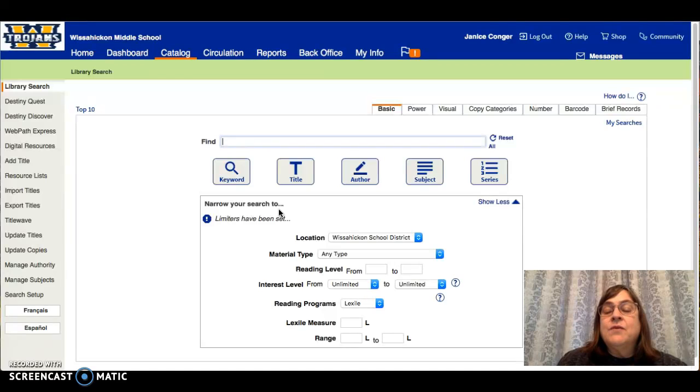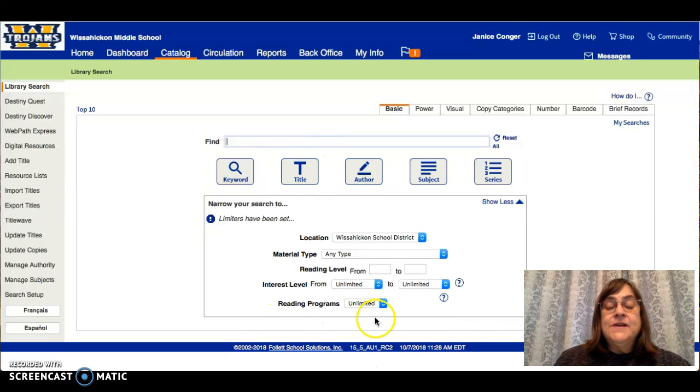The reason that I want to make sure that you are logged in when you click on Lexile is because once you click it and you're not logged in, it's logged into Lexile for everyone. So if you are choosing to search by Lexile, make sure that you click Login and you log into Lexile. If you do not do that, then what you're going to have to do is put it back the way you found it before you